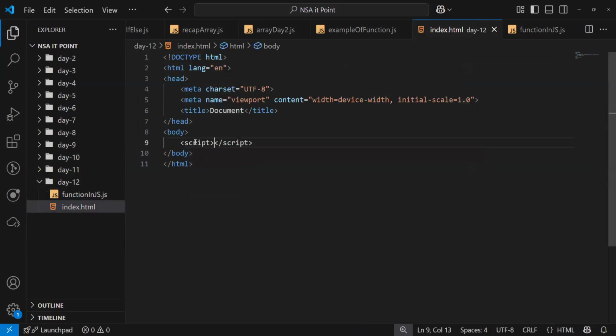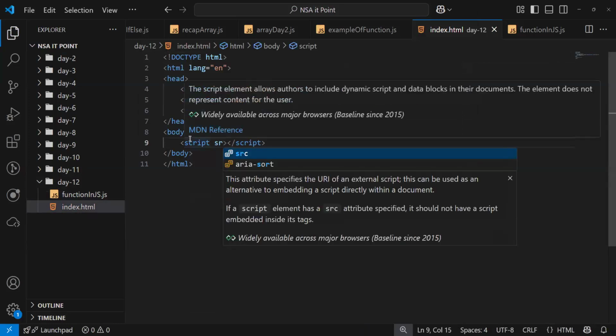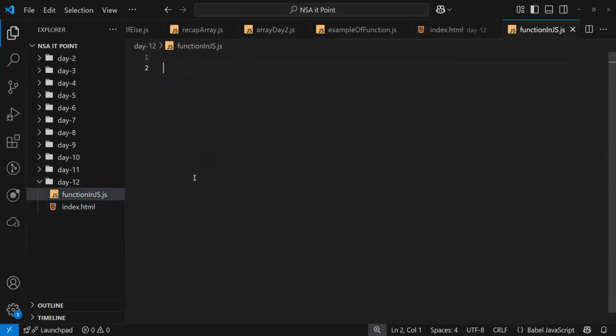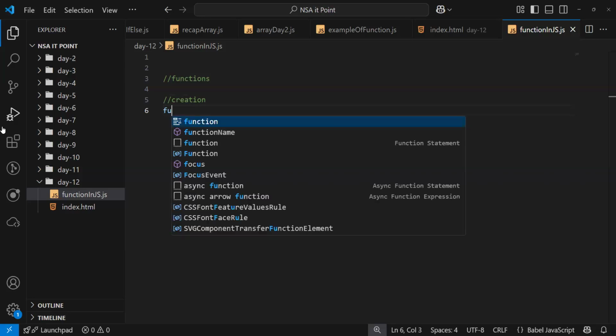Create the script source and connect the function file. Okay. Let's create the first function.